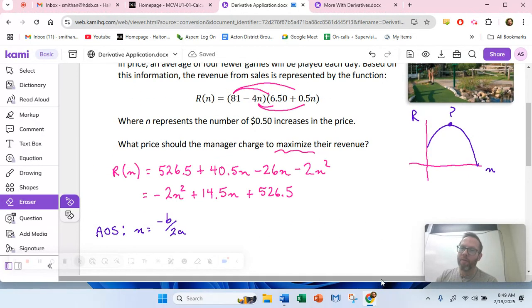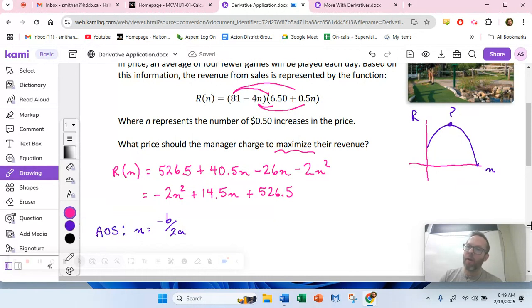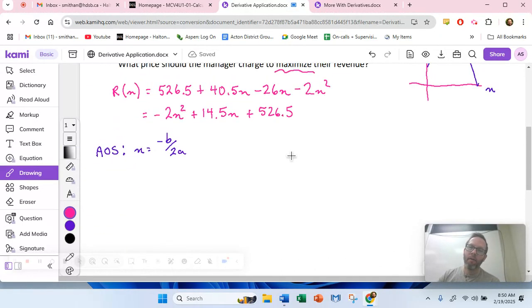Framing this question in terms of the derivative, if we're interested in finding the vertex, well, there's a special property of the vertex that involves a derivative. If you think about it in terms of slopes of tangent lines, what's the slope of the tangent line at that vertex, at the maximum of that quadratic function? The slope of the tangent line would be 0. And slope of the tangent line is derivative. So you guys know how to find derivatives. And if we can find when the derivative is 0, we can find the vertex and what that ideal price to charge is. So let's do the calculus way,